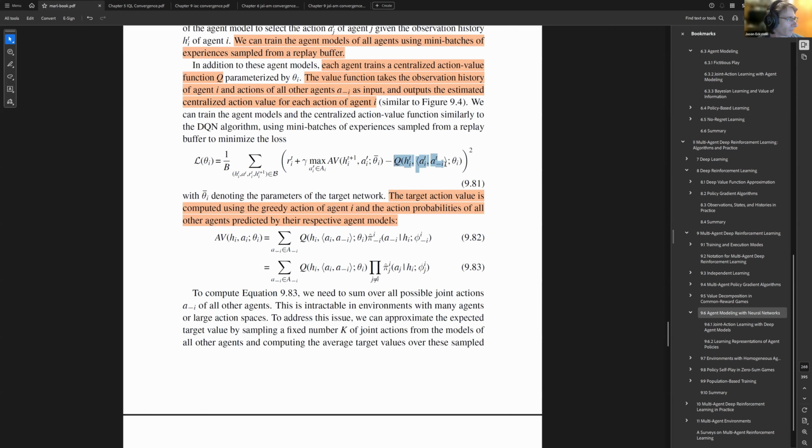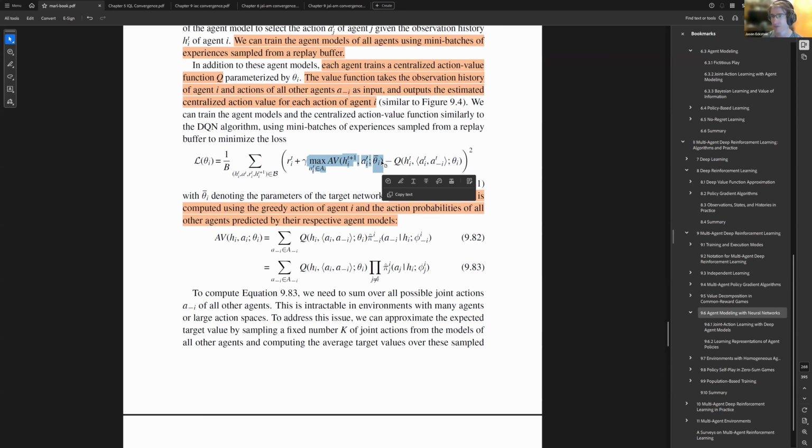So we can plug that into this function as an input, and we have also the action that our agent took. And then this maximization over the action value is the same thing we do. This is the bootstrap estimate of the value, right? So we're comparing our joint action value function, trying to minimize the squared error loss with our action value function and this estimate of what it should be. This is the one-step bootstrap estimate we often use in reinforcement learning, where we use the reward signal, and then